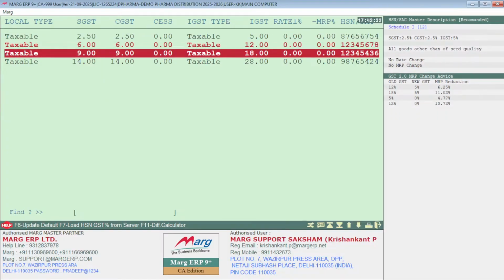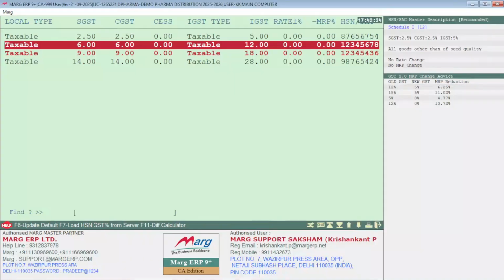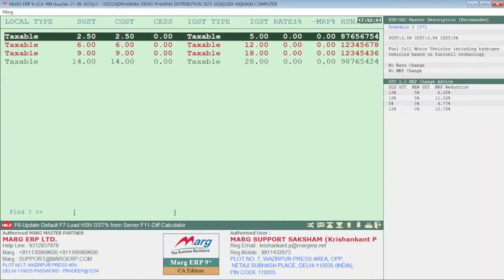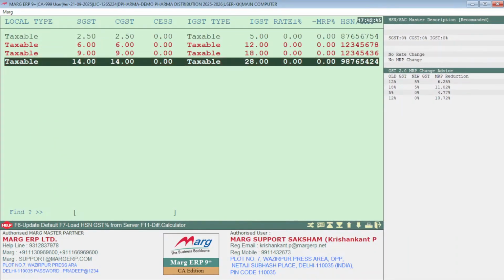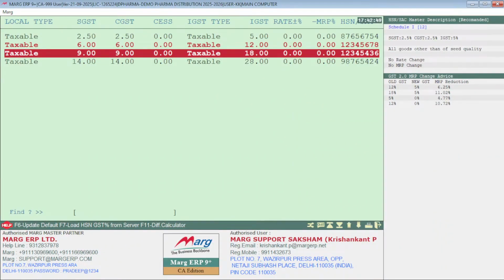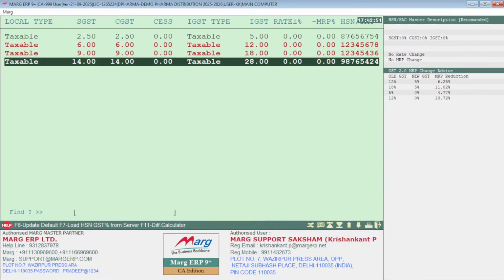So now you can see this was 18%, this was 12%, now it is changed to 5%. In this case, it is showing us that this is the OK GST, we have the right GST 5%, no problem. This GST is showing black, but it is not the right one, right? 28% is no more. In that case, if you press F3 on this,